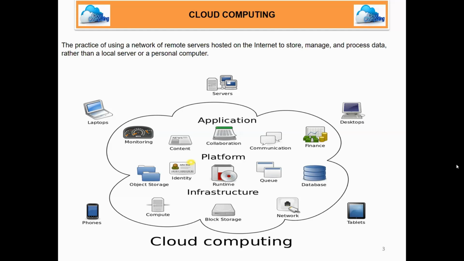Any application that you want to host, there are two options. One is on-premise, where you will be owning a server. Any application, if you want to host, the first thing that you need is the server. Servers are very expensive. First, you need to procure servers, and that is called your infrastructure. And once you have your infrastructure ready, once you have set up your servers, the second thing that you need is